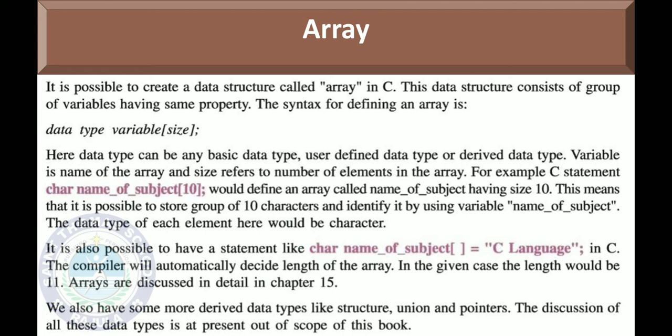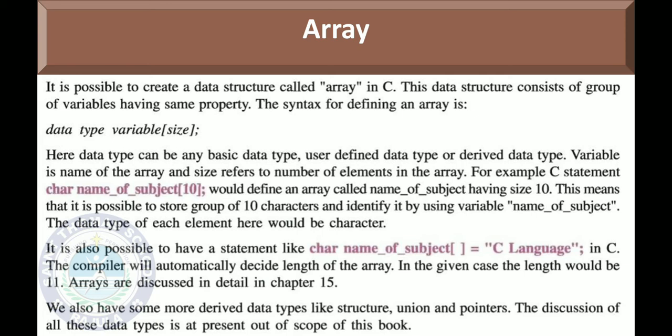So here it defines an array called name of subject having size 10. This means it is possible to store a group of 10 characters and identify it by using the variable name of subject. The data type of each element here is the character data type.